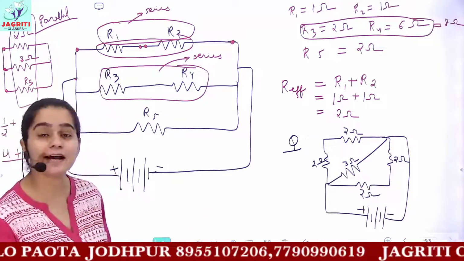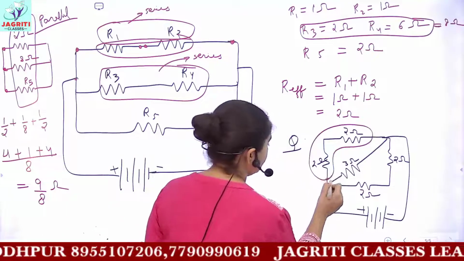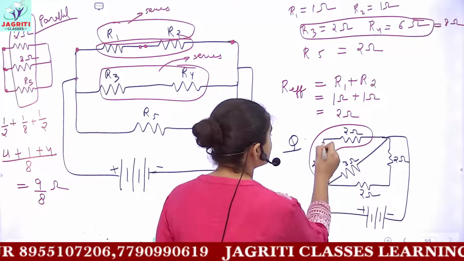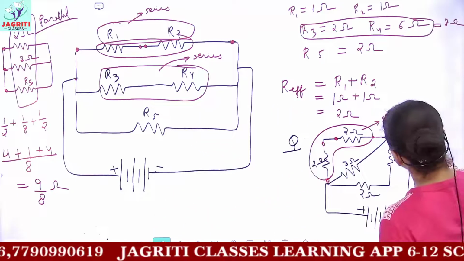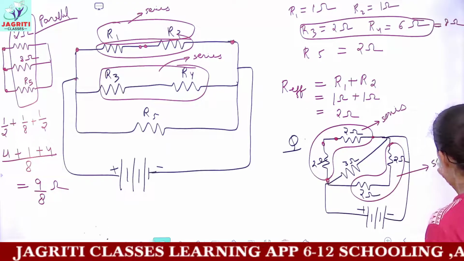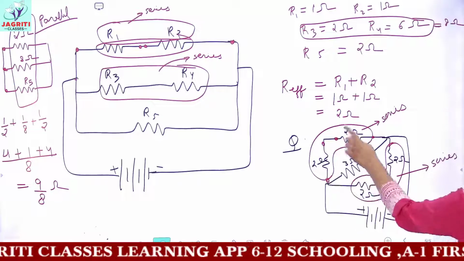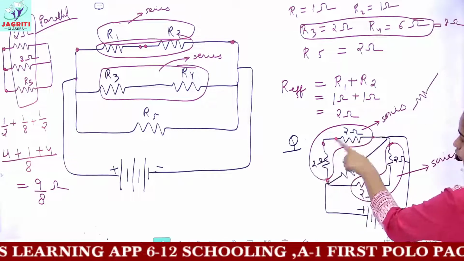So if you have tried it out, you can check that both these resistances are in series, because the last point is joined with the first point, okay, as I said. So this makes a series combination. Similarly, both these resistances are also making a series combination. When you solve it, you can put one resistance replacing both these.